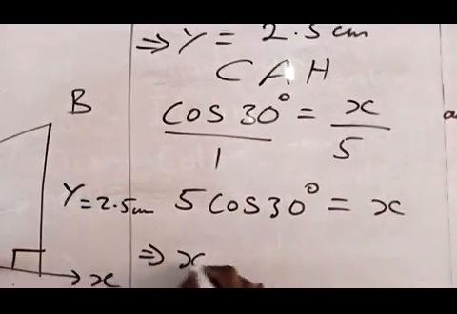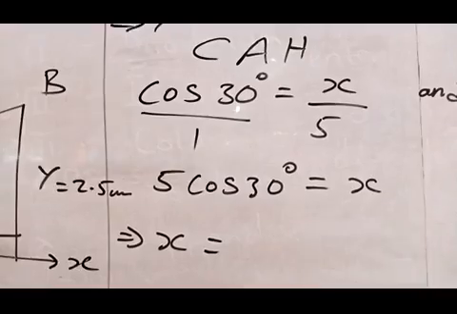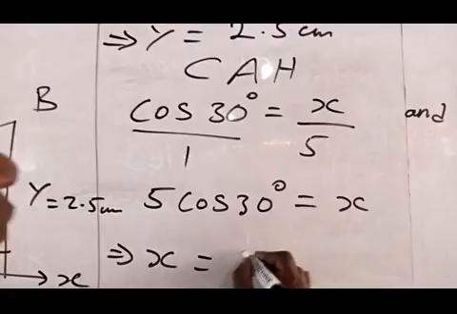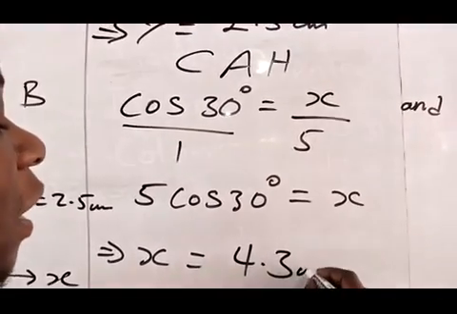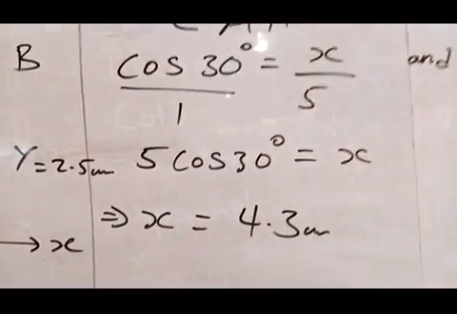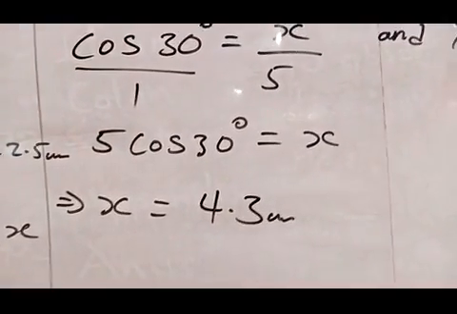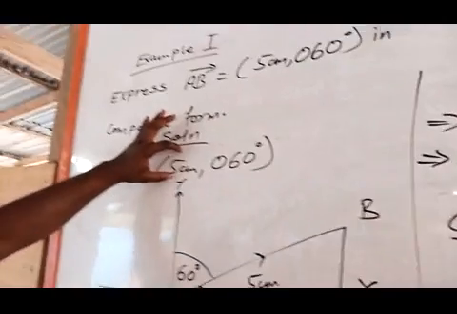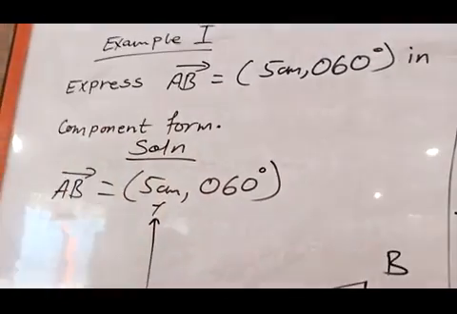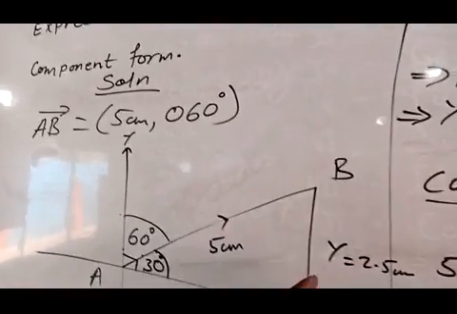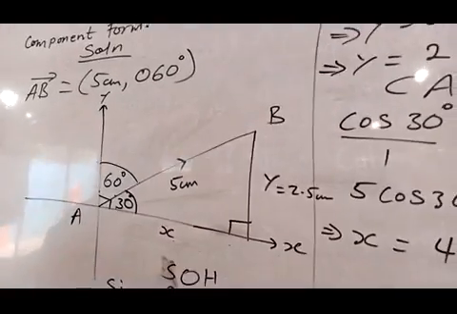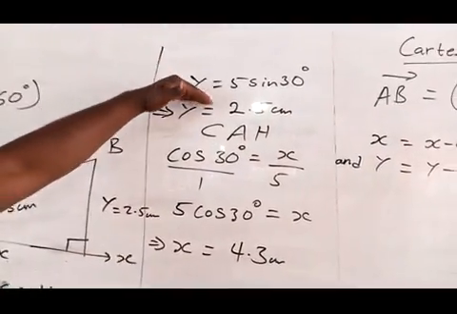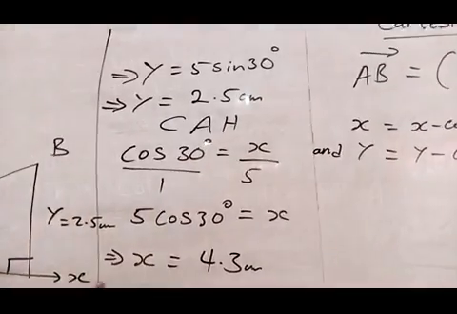And that implies x is equal to 4.3 centimeters. Once again, we are using centimeters because centimeters was given in the question for the distance, so whichever one we get should be in centimeters. Okay. Now, since we have been able to find the y coordinate and the x